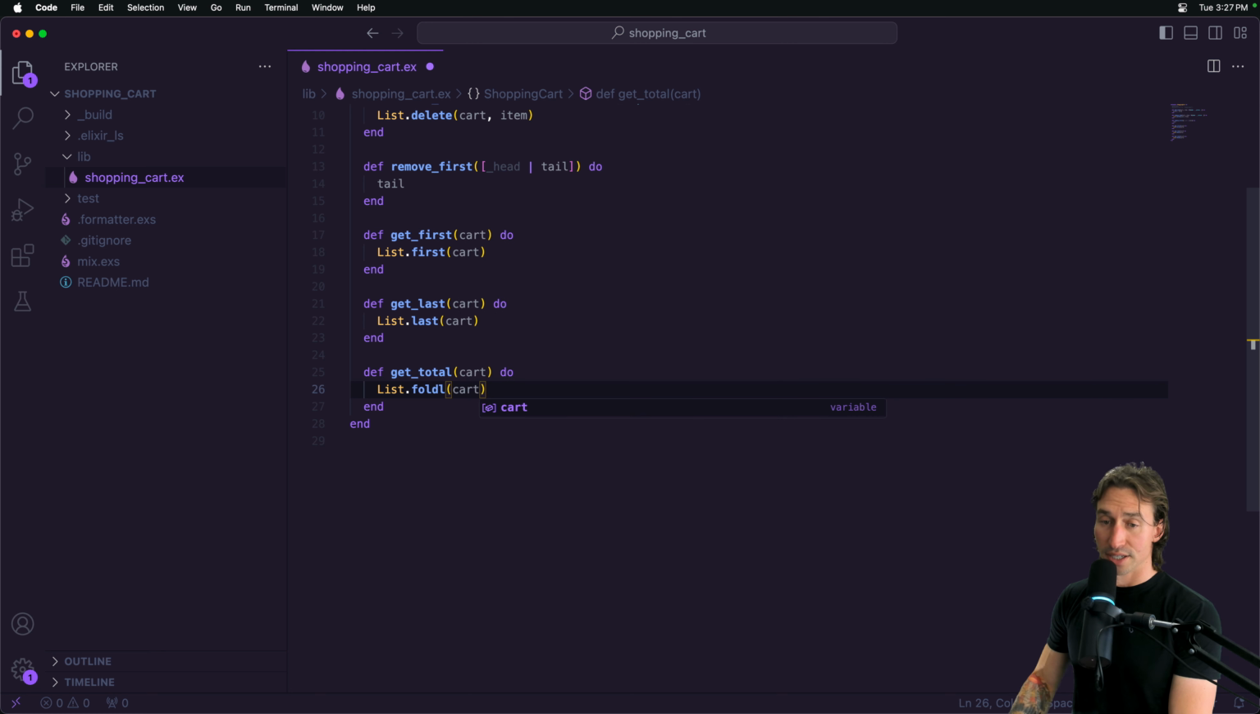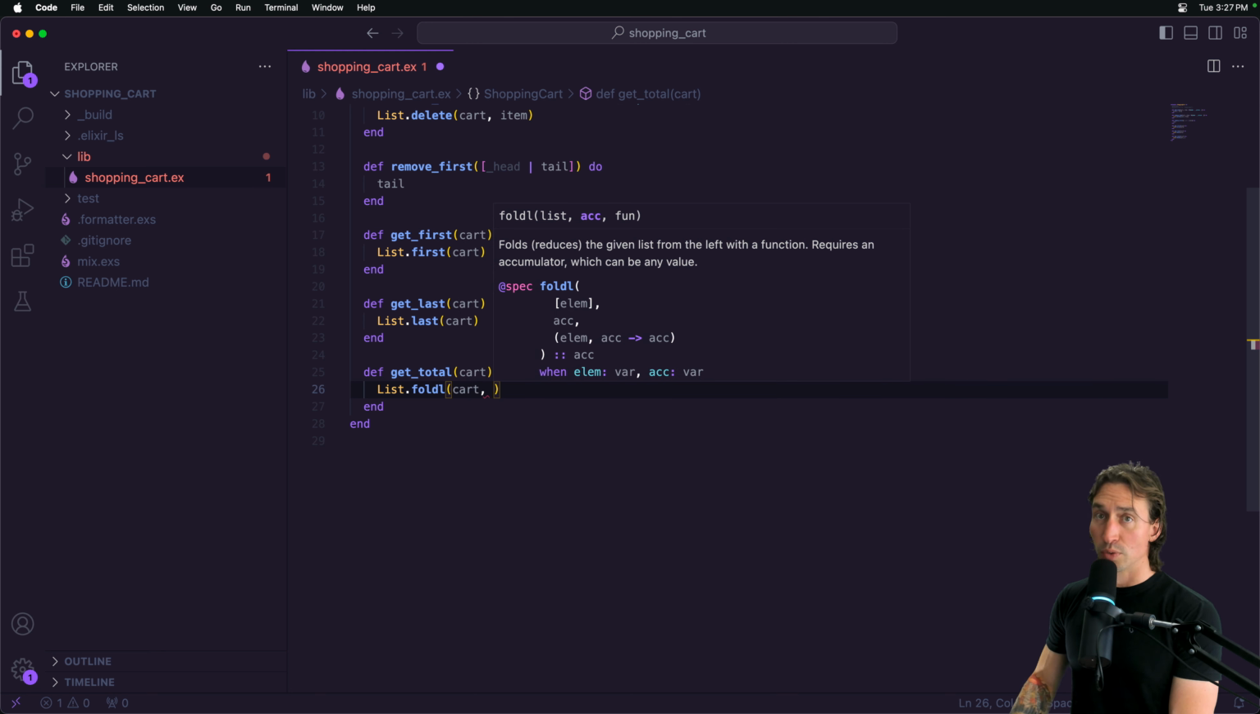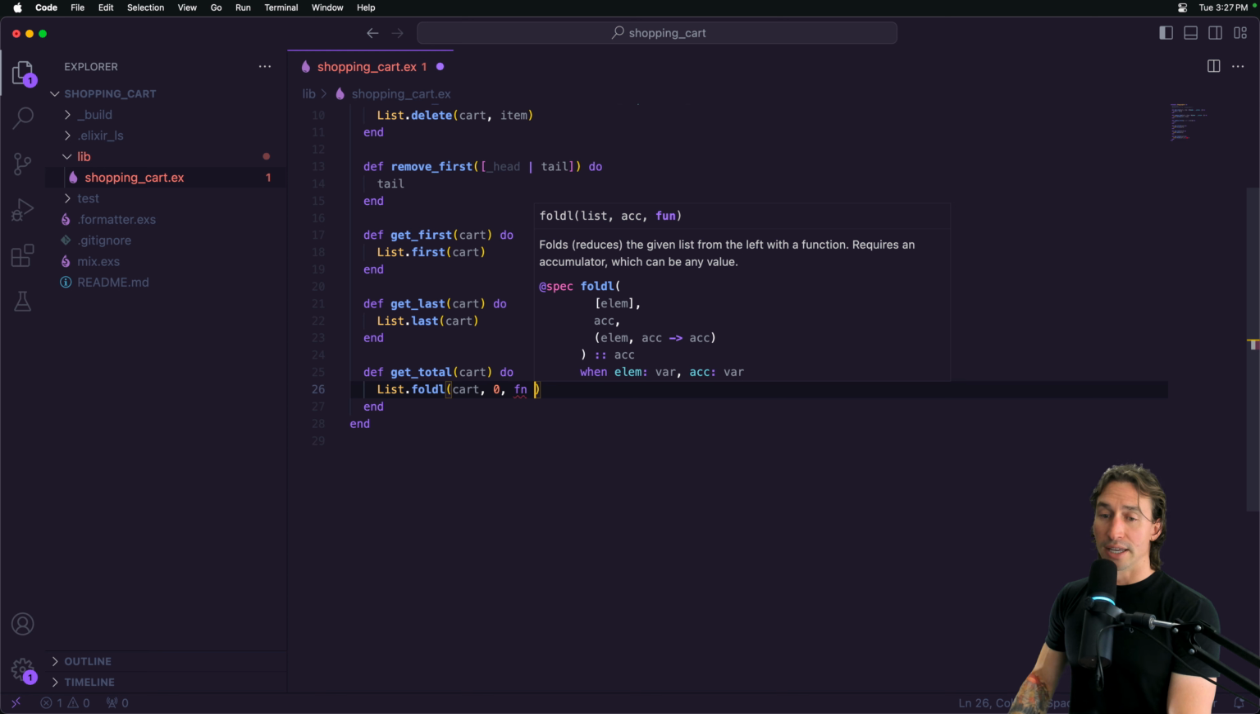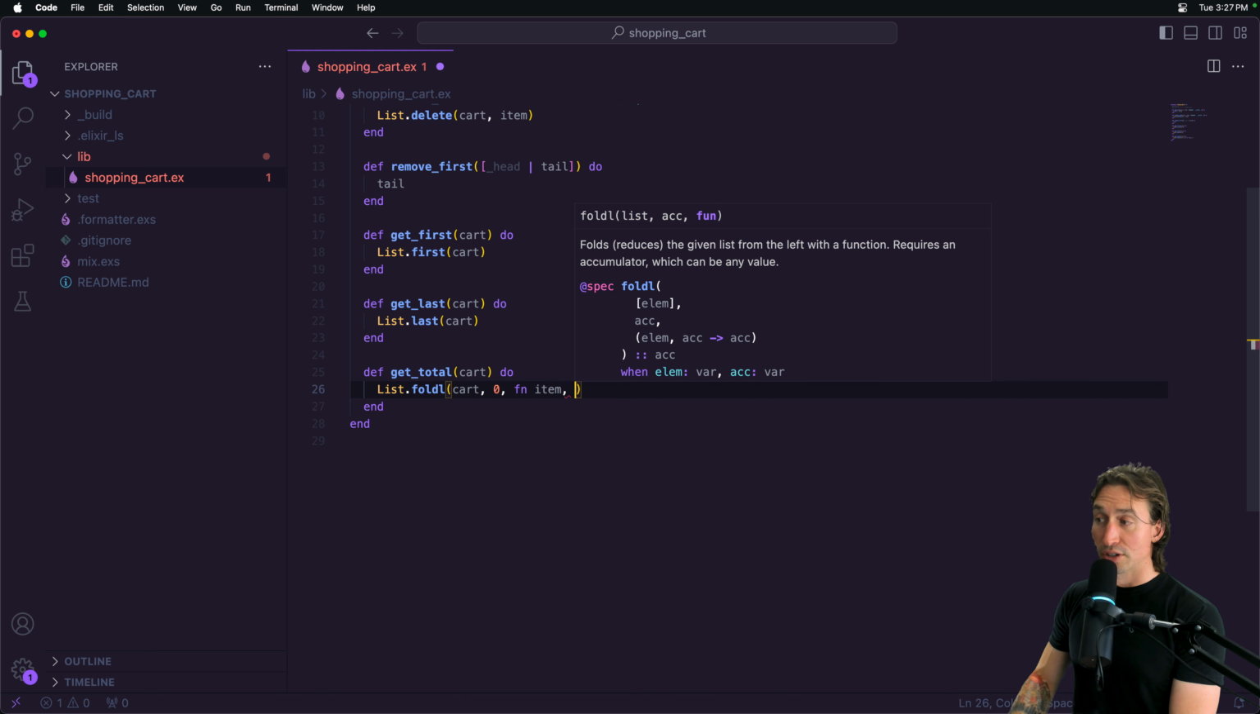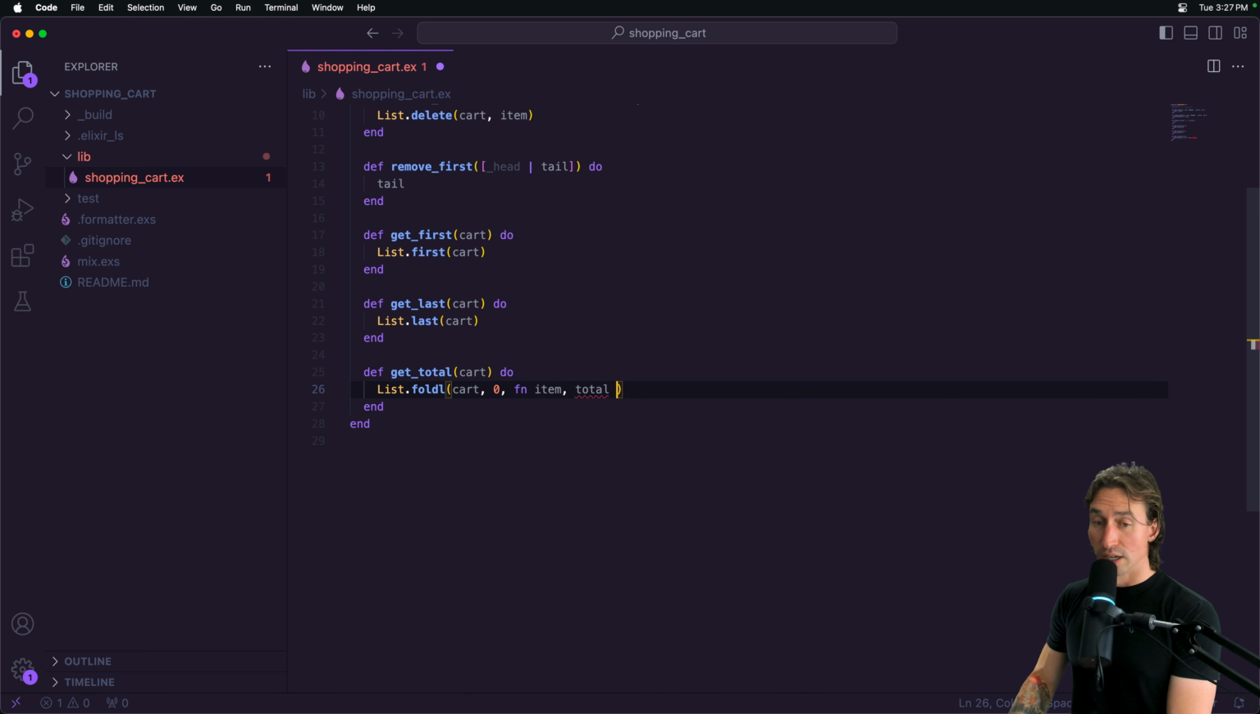The first thing it takes is a list, which is our cart. And then the accumulator, which is going to be like our total, right? Our price total, that's going to start at 0. So we pass in 0, and then it takes an anonymous function. So we would do fn, and as it's iterating through the cart, each piece we stop on is a single item, right? So we're going to call it item. And then our accumulator is going to be called total. Inside this anonymous function, we want to take the current item we're on, dot price. We only care about the price, and we want to add it to the total,